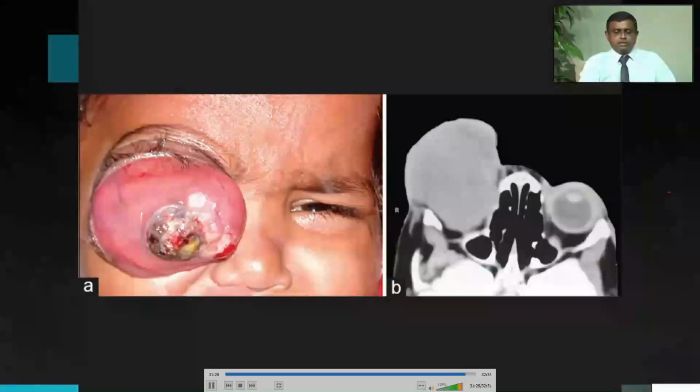And very rarely there is extraocular spread, which can affect not only the vision, but the life is affected in rare cases. But this is extremely rarely found in Sri Lanka. Still, we may find one case in 5 years' time. But in African countries, this is very common. So this is literally untreatable.